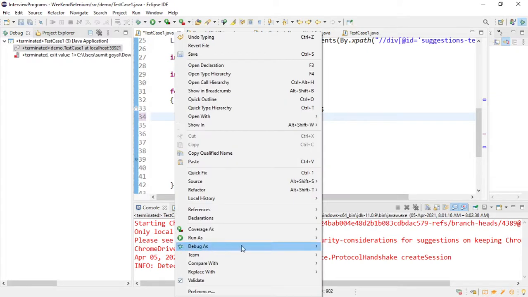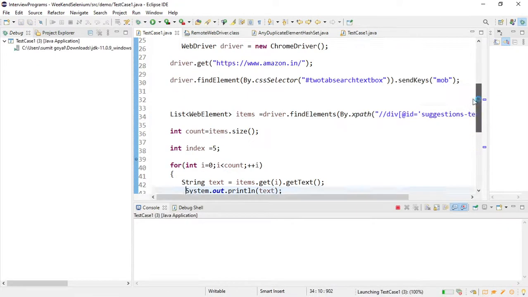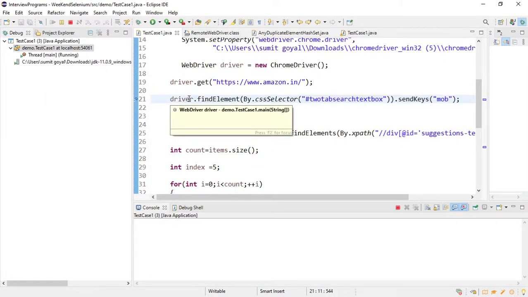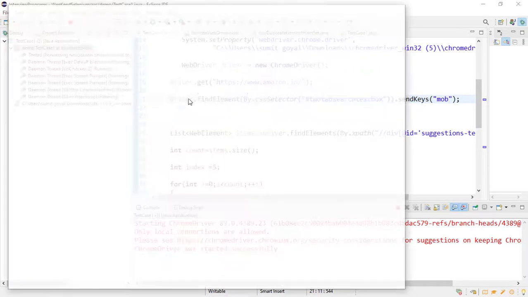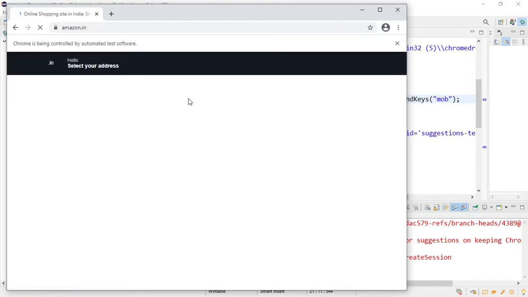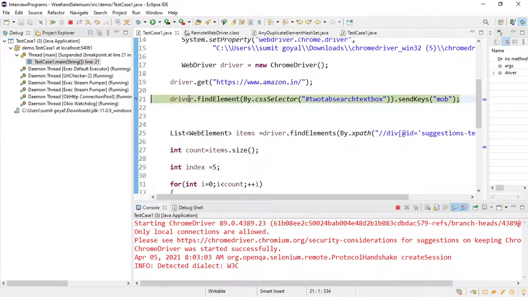Let me put a debugger here and run it again. So now it should enter MOB.